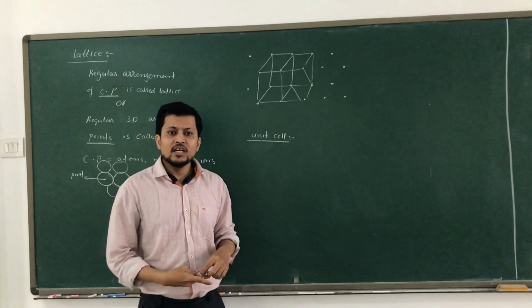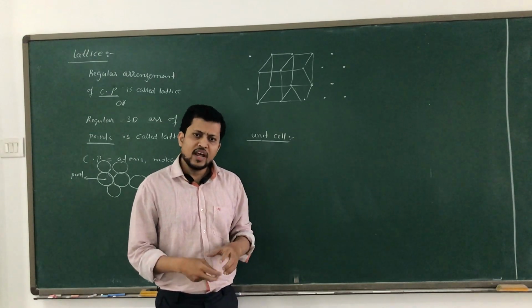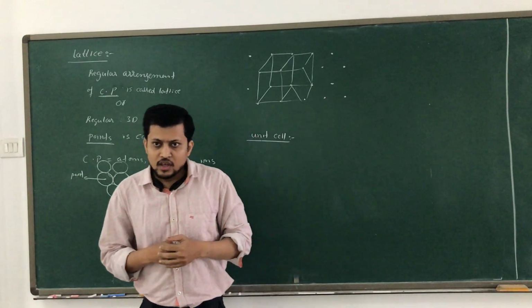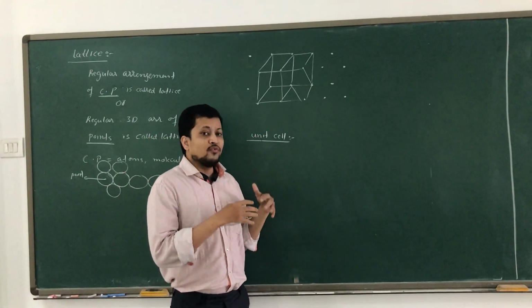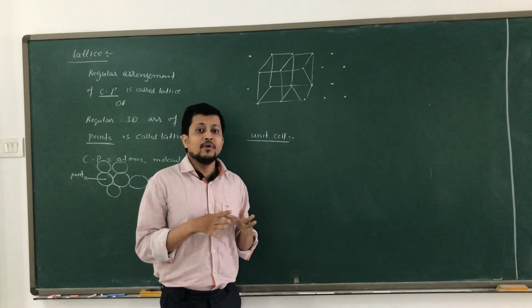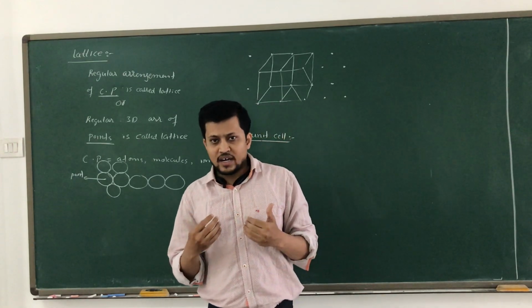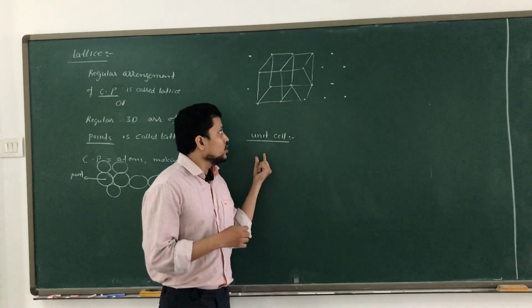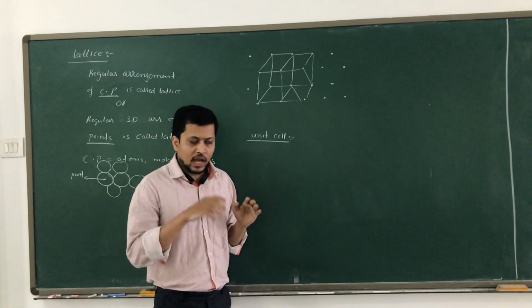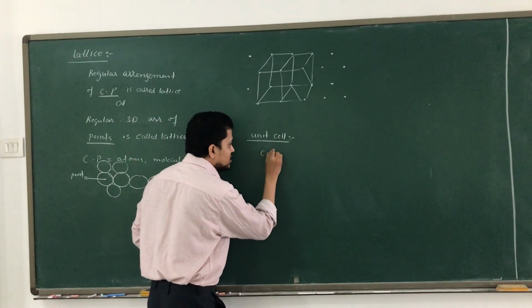So normally when we are studying the unit cell, we have the cubic unit cell. We have a number of unit cell types, which we are going to study later. But here we are going to study the number of atoms which are present in the unit cell. Based on the type of atom arrangement the unit cell has, we are going to study the unit cell differently. Normally we are going to study the cubic unit cell.